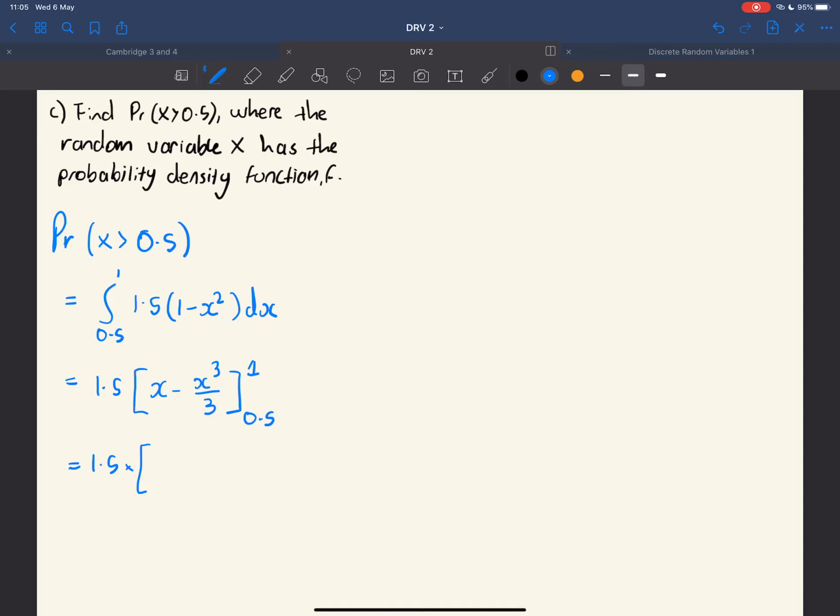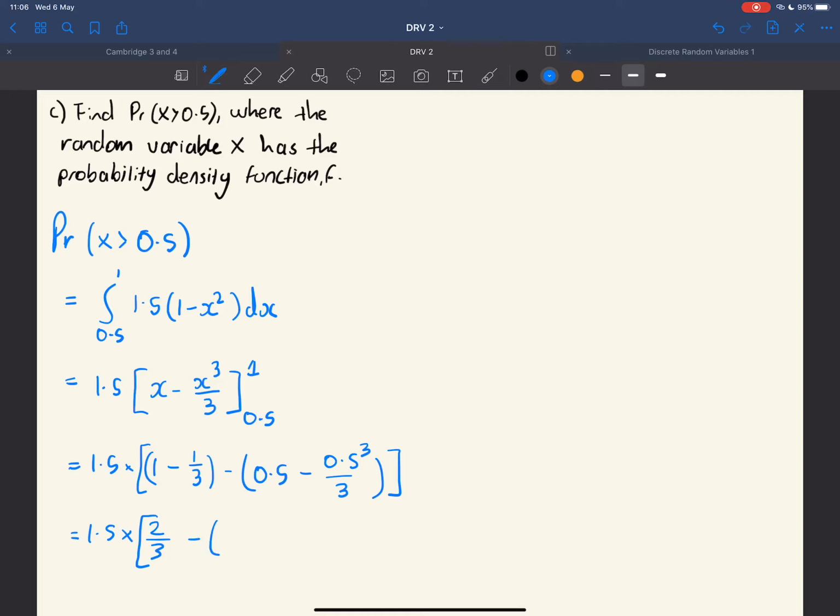times, big brackets. Now this is going to be 1 minus a third. We already know this. And we're going to take away what happens when we put 0.5 in. A little bit different this time. Take away, this will be 0.5 on 3 cubed, square brackets. And then what you'll get is this: 1.5 times 2/3, which we know is 1 from our previous question. But from 1, we're going to be subtracting, well, hold on. That's not mathematically correct because we still need to use our square brackets, right? So it's going to change a little bit, in fact. So 2/3 take away, and now we're going to have